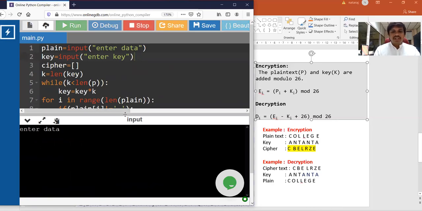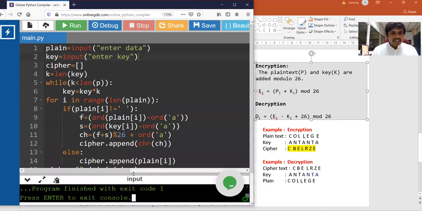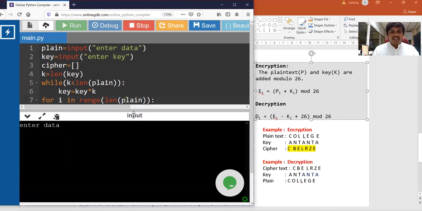I am giving data as hello, and the key is AND, A-N-D. Then there is an error like P. Okay, instead of writing plain, I have written P somewhere here. Plain. Okay. Let me do it again. So data is hello and key is AND.